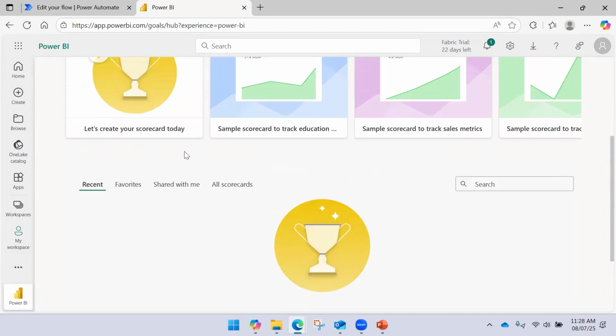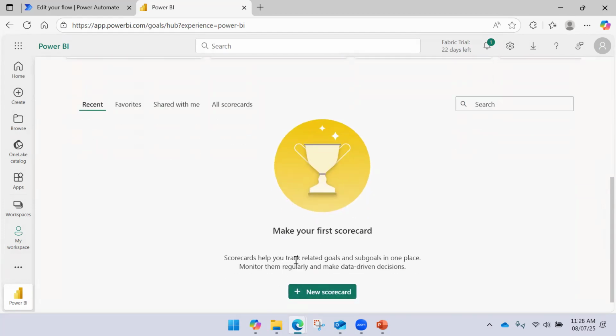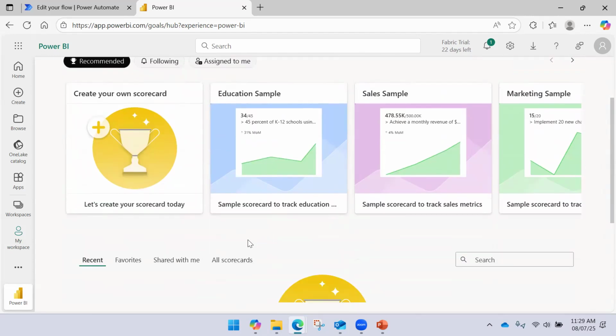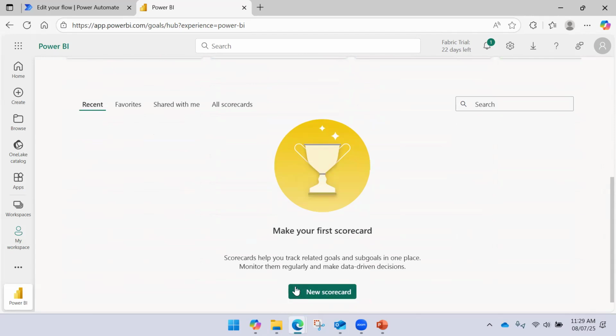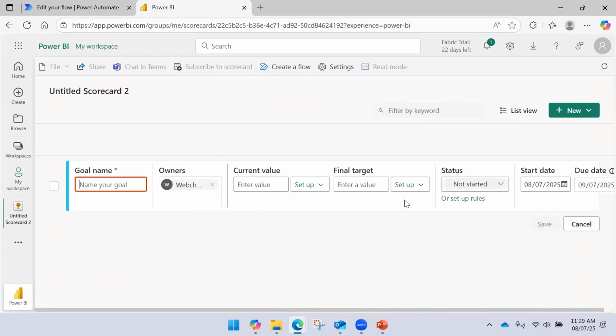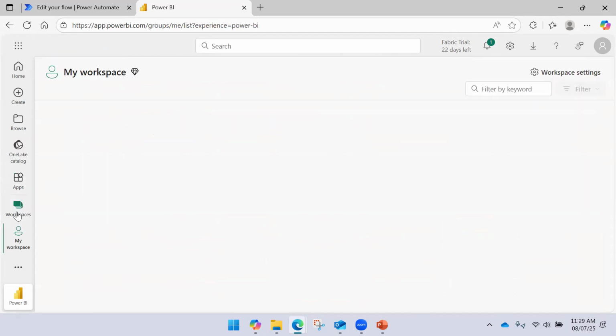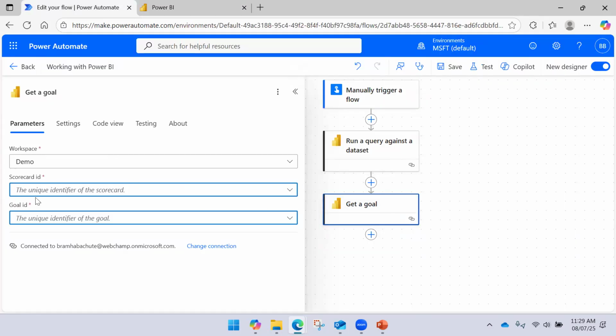That was not possible. So you can create a scorecard. A scorecard helps you to track related goals and sub goals in one place, right? So you need to create a scorecard, and inside that you may end up creating goals. Okay, but this will consume another couple of minutes. But this is something that you can do, and you can get the details about it by using